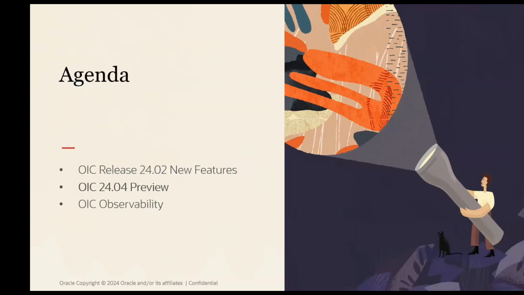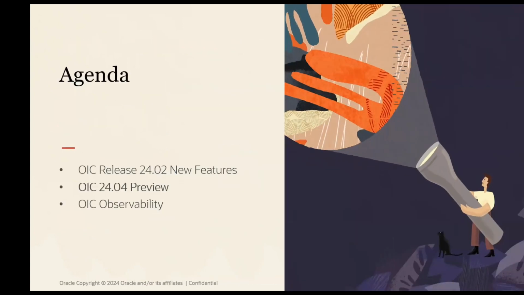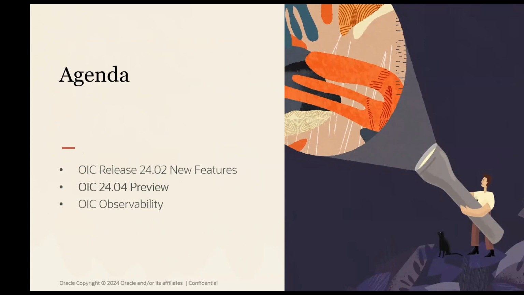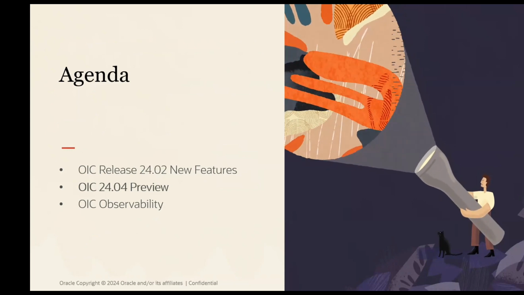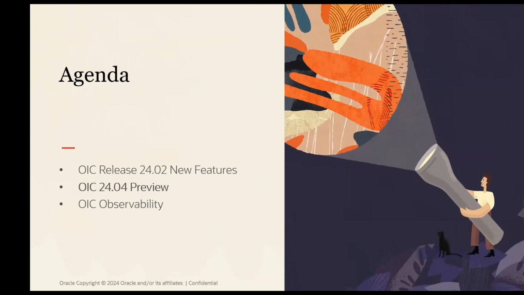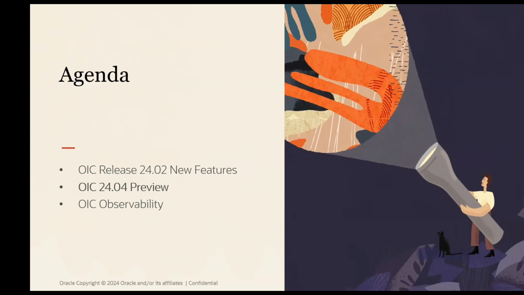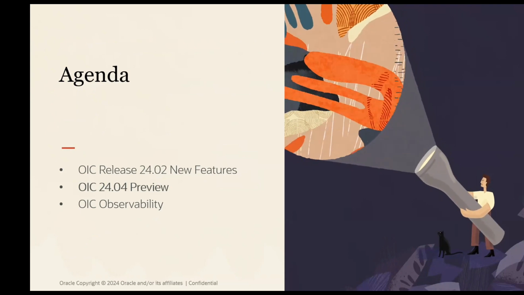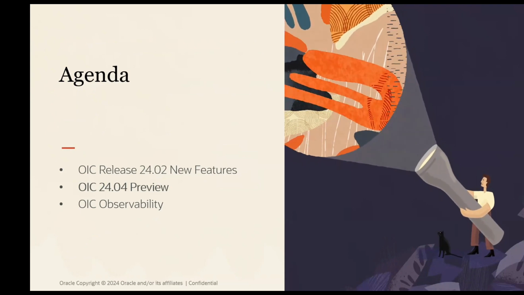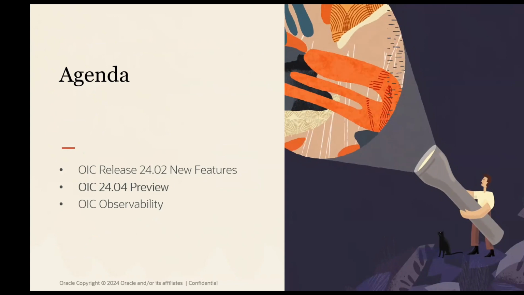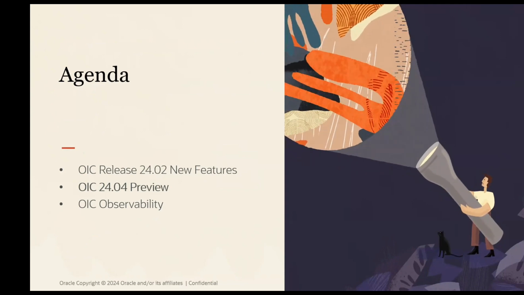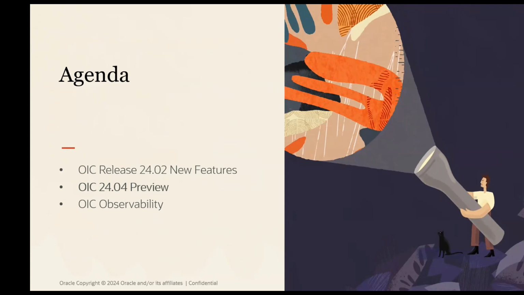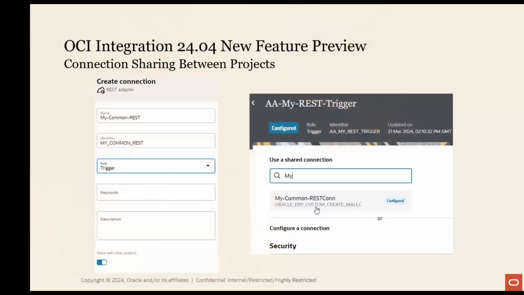before you. Now, when we look at the 2404 preview, as I say, those were the key features there. Now, if anybody wants to look in detail about what's in 2402, if you go to docs.oracle.com and go to integration, and then just click on the What's New link, you will see exactly what the new features are. Because I was just giving you an overview there, because I am conscious of the time that we have. So the 2404 preview. Now and again, this is under Safe Harbor, but you can see here, this is the